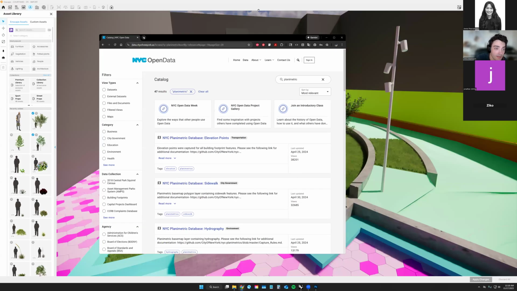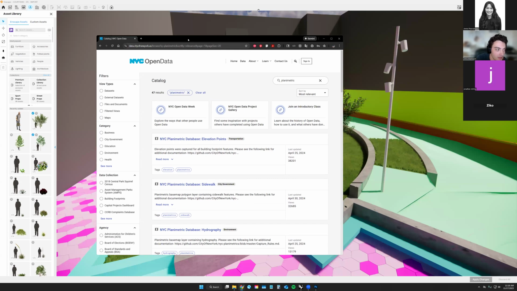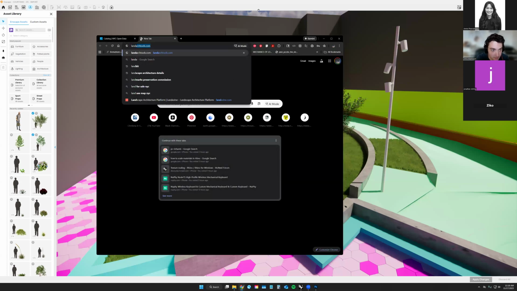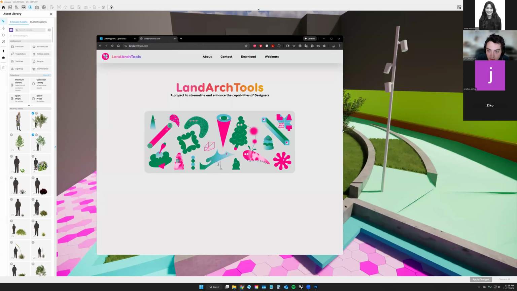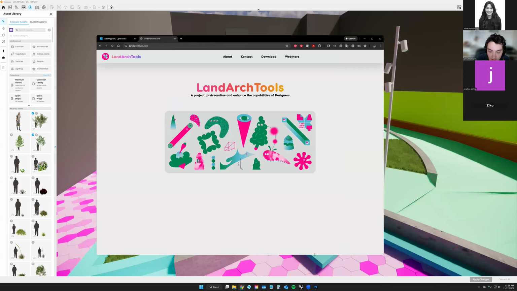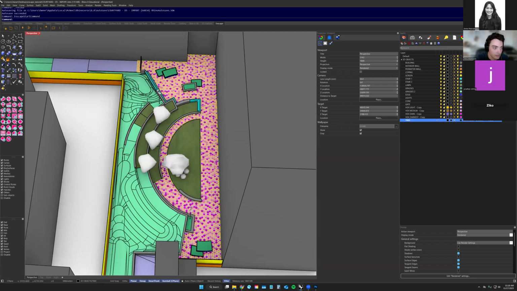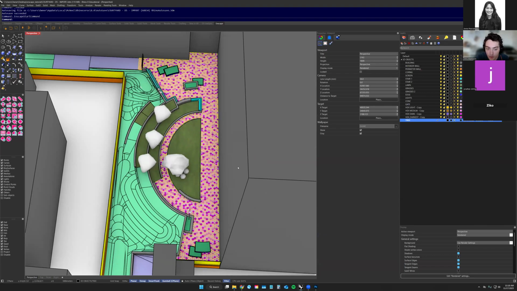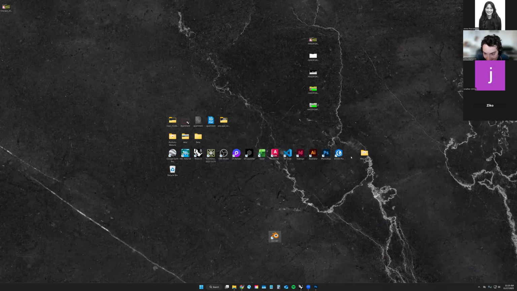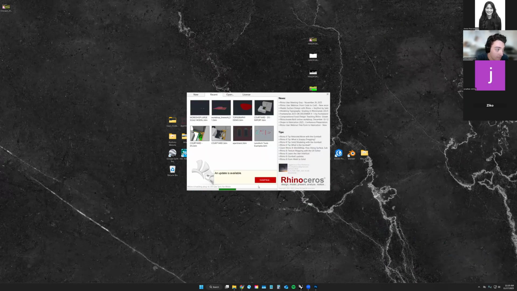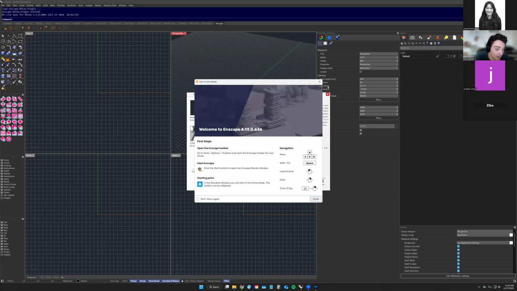Oh, there's also something that I want to show you guys. I think I might have put it in the description of the video, but Land Arc Tools is something that I have recently discovered, and it's really good. Specifically, there's a Grasshopper component library, but there's also a toolbar right over here, these pink things. And one thing that I really like, especially for making paths at a particular slope,